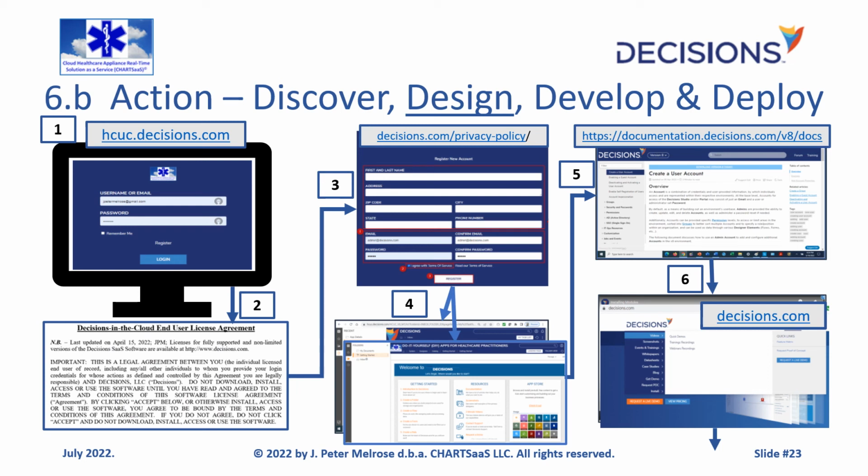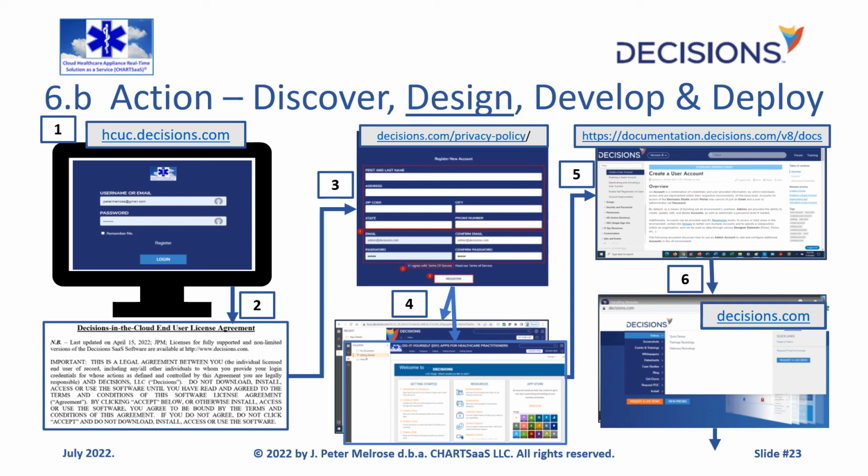hcuc.decisions.com. 2. Read and accept the End User License Agreement, or EULA, which underscores the current production code quality but as-is nature of the solution, highlights that this solution as-is does not comply with HIPAA regulations for production use, and that you take full responsibility for the uses you make of it and the results of your actions. 3. Self-register by providing the required data, which may be used for solution management and other purposes consistent with the Decisions LLC privacy policy, published at